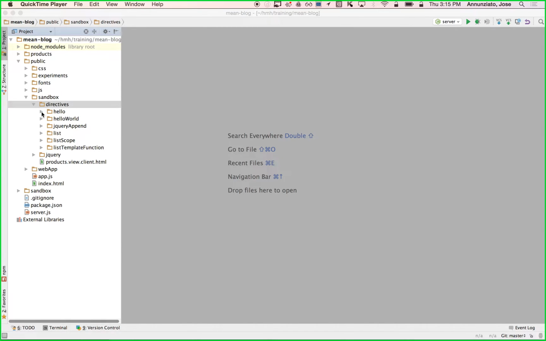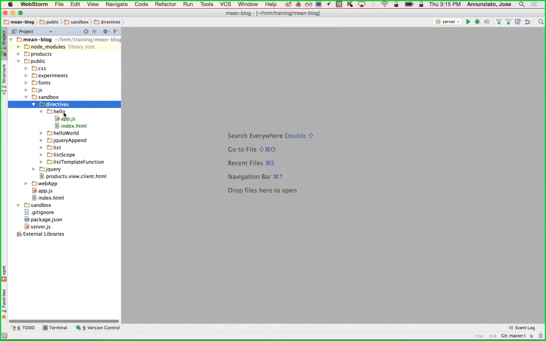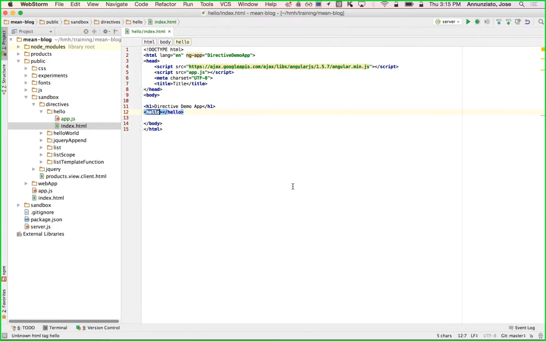Right, so let's review a little bit on directives that we talked about last week. We said that Angular directives allowed you to encapsulate HTML and JavaScript into reusable components that you can define your own HTML tags. You could redefine the entire HTML language if you wanted. So we looked at some really simple examples